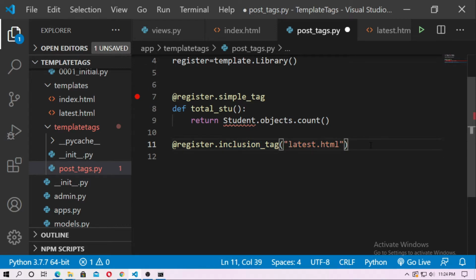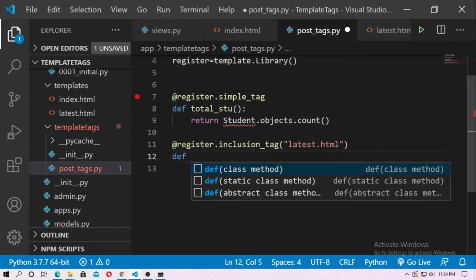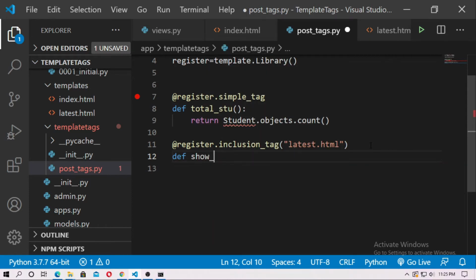Now create a function for showing the latest names of the students. Type show underscore latest underscore name, and also pass a parameter named total, with total equal to 5.